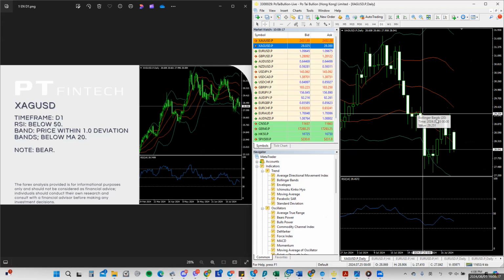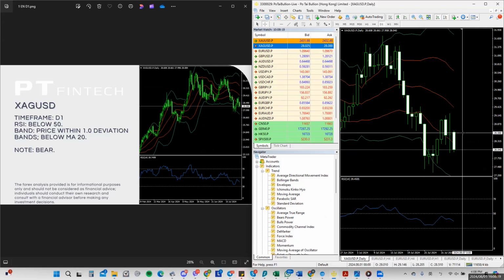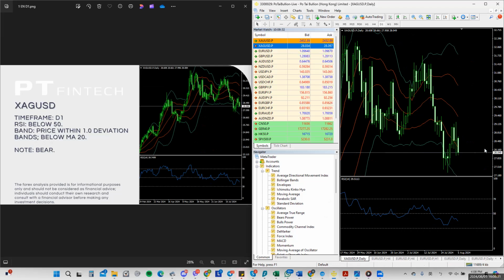See, that's the previous high. Now that's the latest high, okay? So potentially more bearishness, okay? Now PTips claims that it is a bit more bearish for silver right now, okay? So yeah, I would say, look, if prices are going to still continue to be below MA20, and the RSI is still within this lower zone below 50, more selling maybe more prominent,